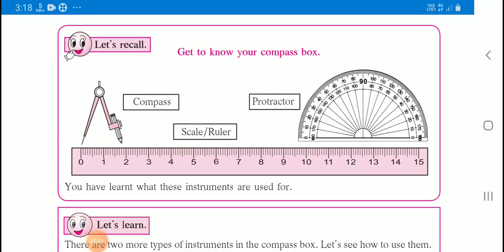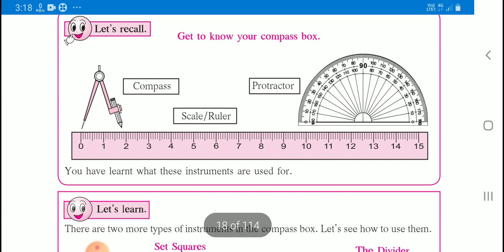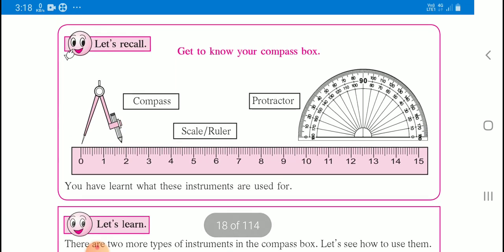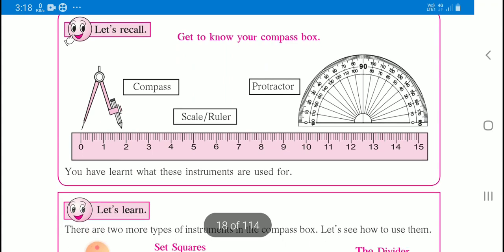Hello students. Today we will see the instruments from your compass box. Now let us recall. Get to know your compass box. Last year you have studied these instruments. You have learnt what these instruments are used for. Now first they given the